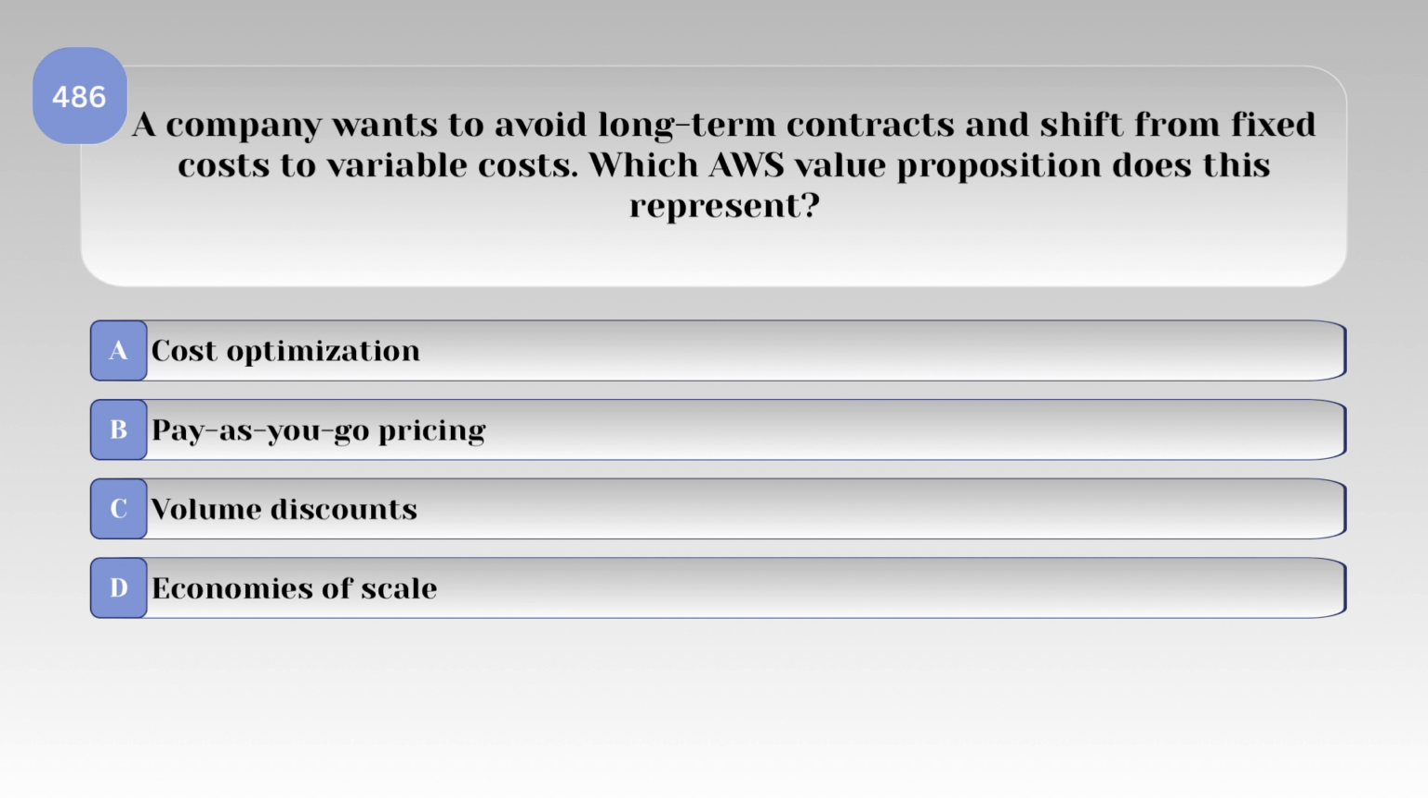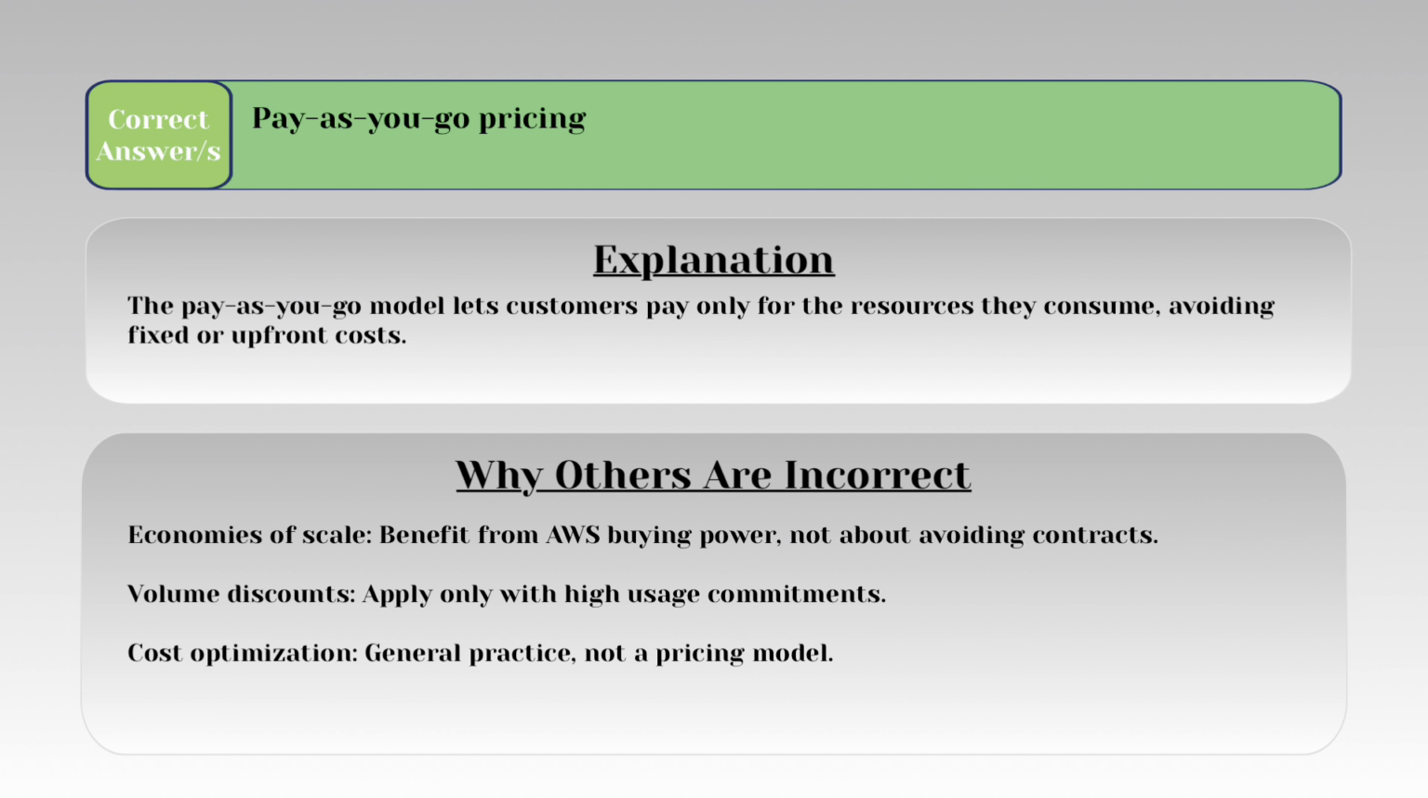A company wants to avoid long-term contracts and shift from fixed costs to variable costs. Which AWS value proposition does this represent? Correct answer: pay-as-you-go pricing. Explanation: the pay-as-you-go model lets customers pay only for the resources they consume, avoiding fixed or